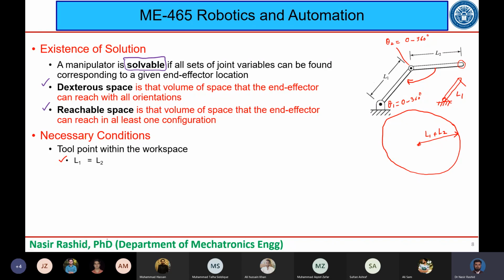So this is the dexterous space for this particular configuration, that this manipulator end effector, which is here, can reach